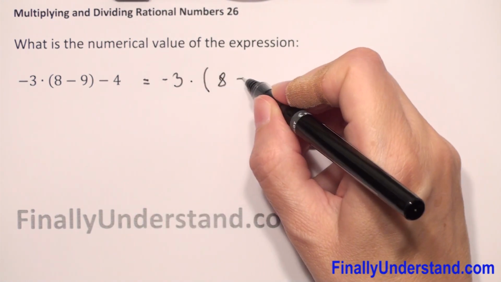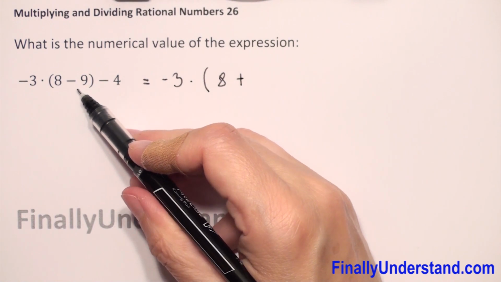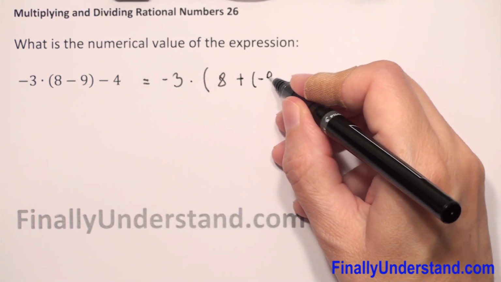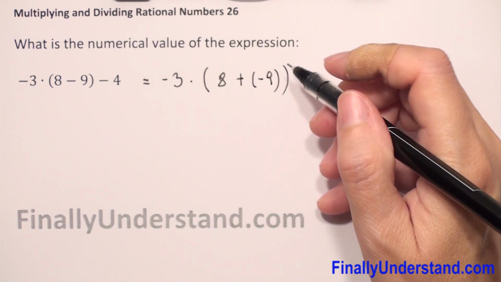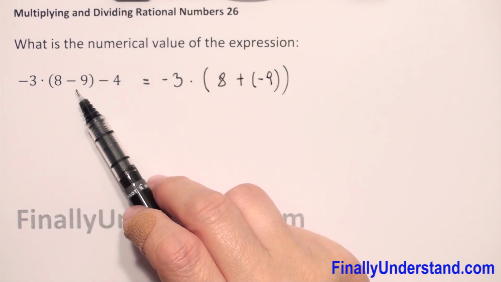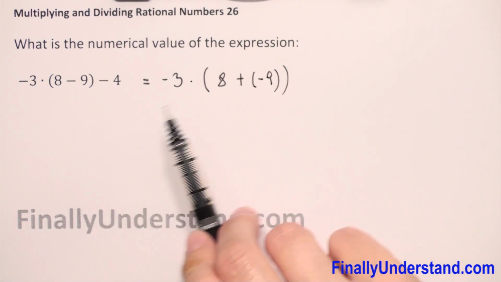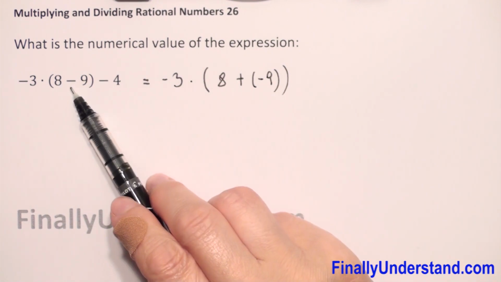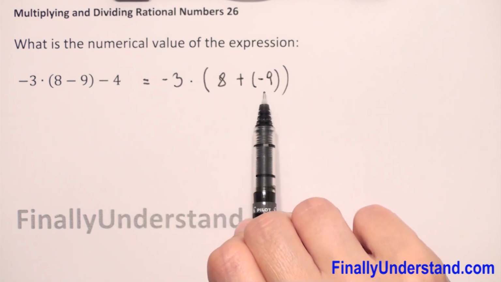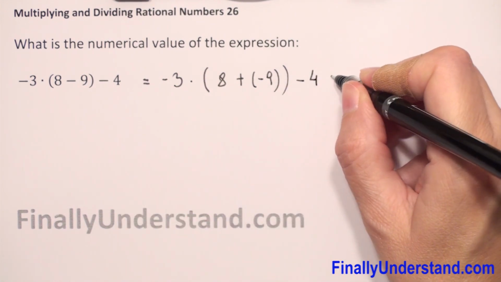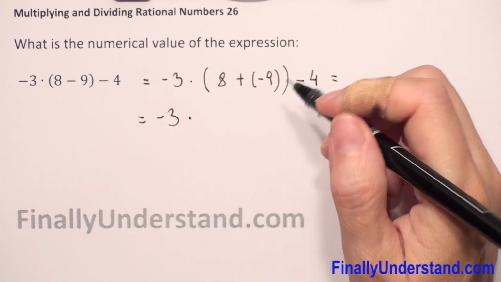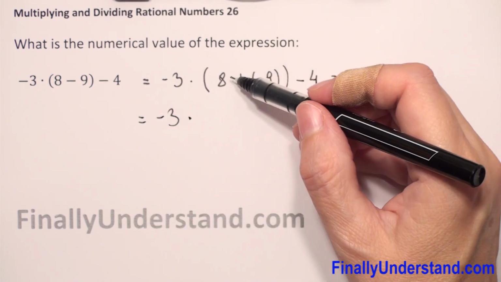8 we copy, we change subtraction to addition of opposite. Opposite to 9 is negative 9. We change subtraction of integers to addition of opposites. Positive sign we change to negative, opposite to 9 is negative 9. And we copy 4. So this is equal, negative 3 we have to rewrite, times, and now we have in